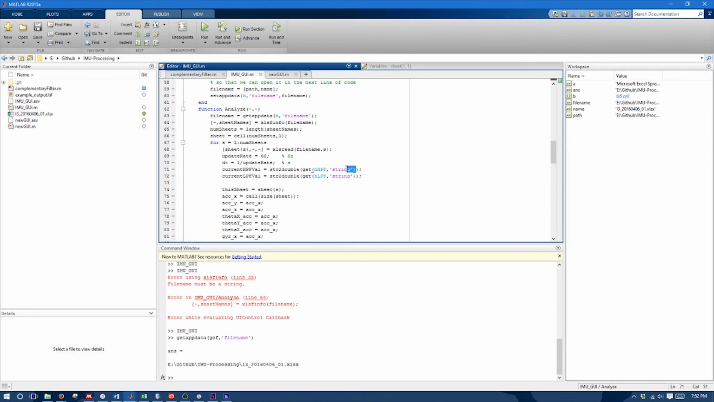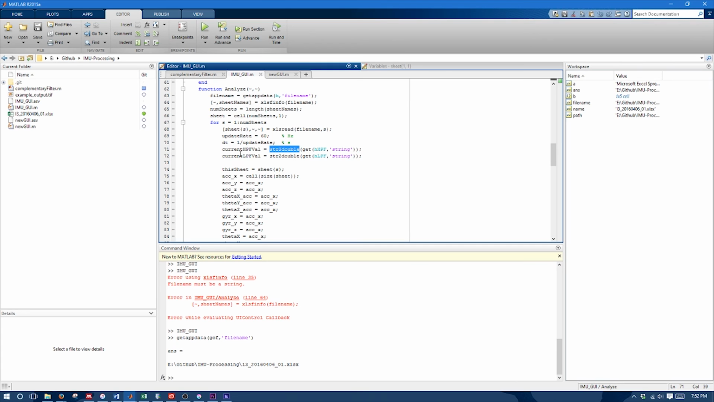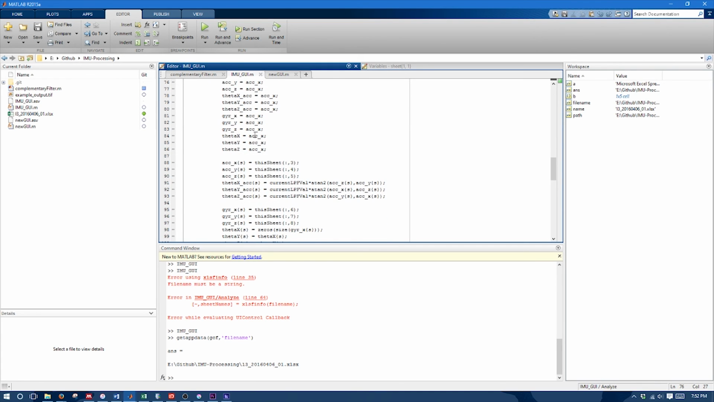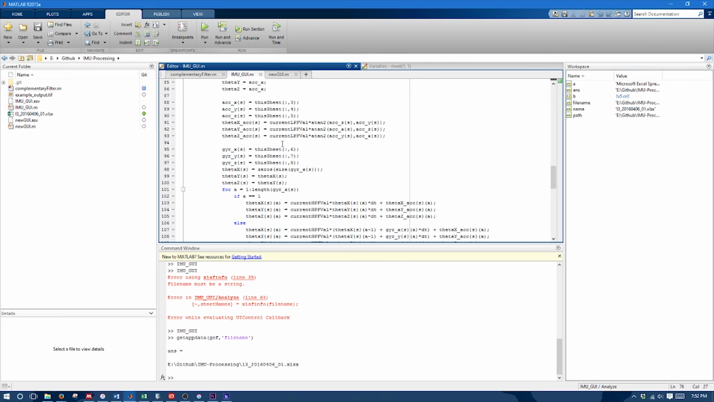Matlab considers it a string, but we need it in the form of a number so that we can do math with it. So I use this command str to double. This is a string to double data conversion function. And I do the same thing for the low pass filter constant. The rest of the code is the same as what I described earlier,